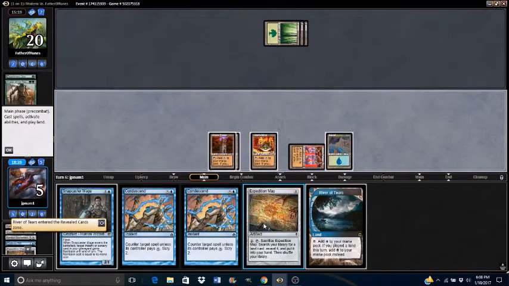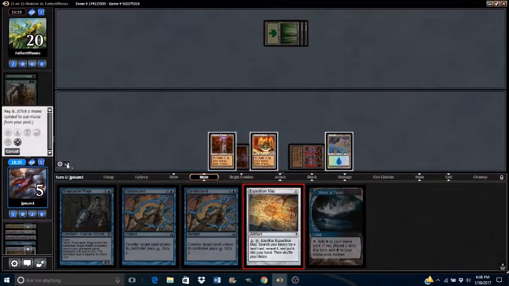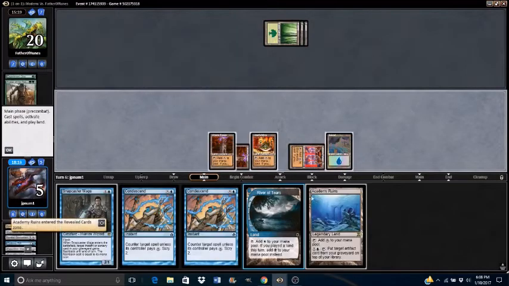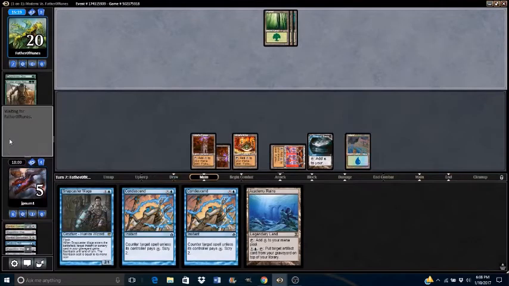And then I will play and crack this expedition map and grab, I want another Urza's Tower and Academy Ruins. I think I'm grabbing Academy Ruins with this one. I think I have enough mana. Play River of Tears and pass turn. And just hopefully counter all of their